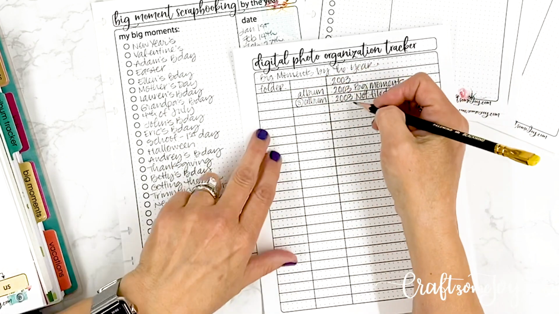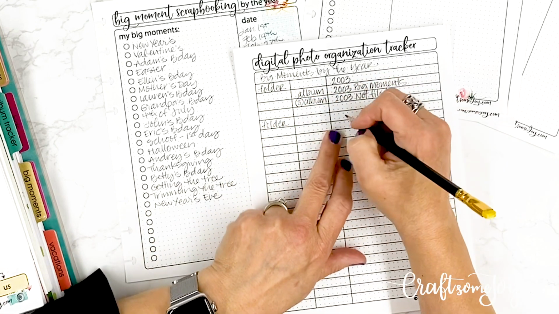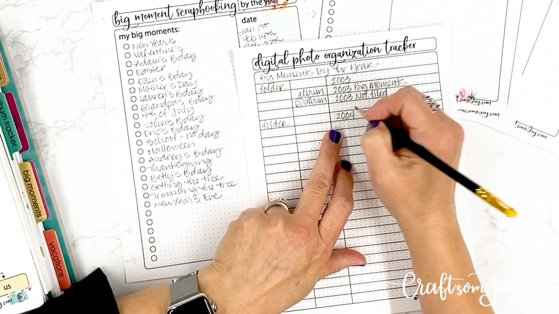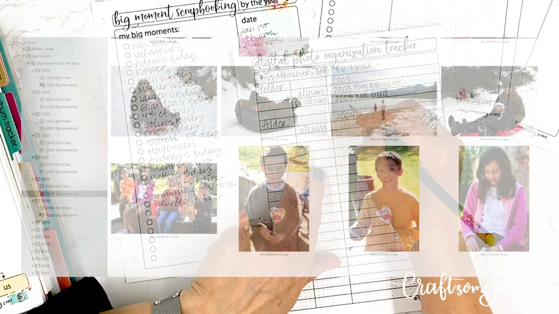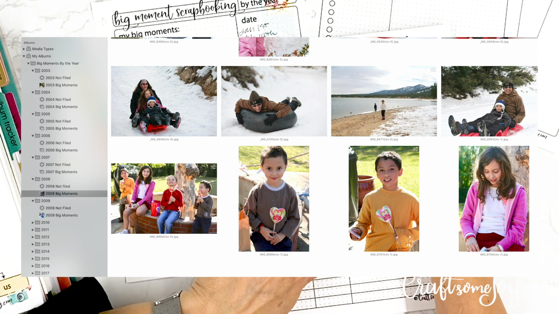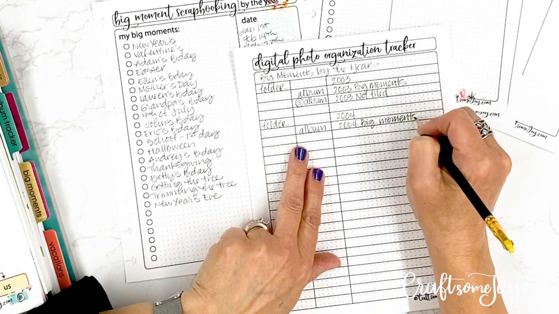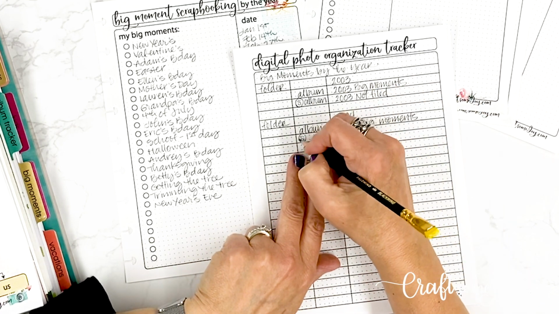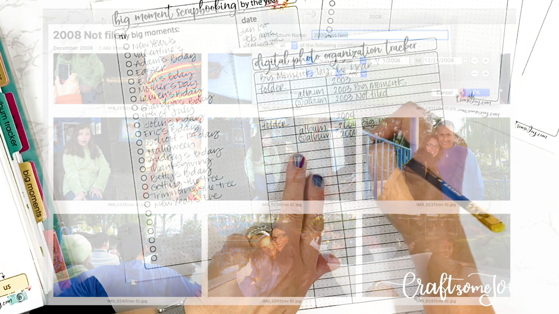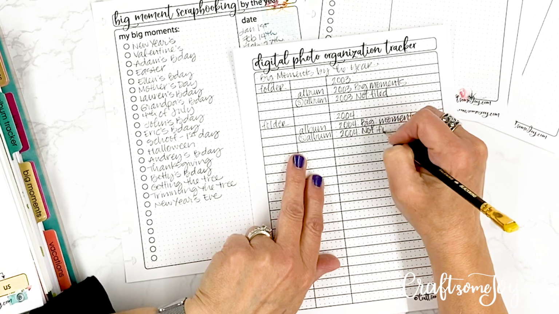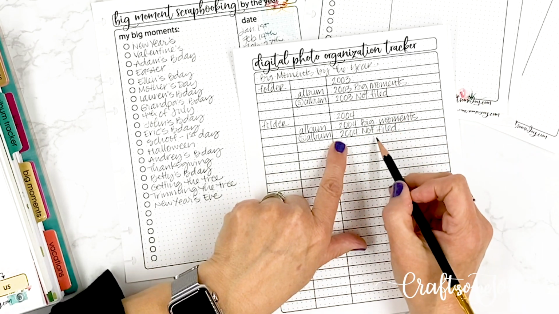So then the next folder I'm going to have is 2004. And so under 2004, I'm going to have another album that is 2004 Big Moments. And then I'm also going to have another Smart album that's 2004 Not Filed. So the trick here really, again, is just to have a place that you can go